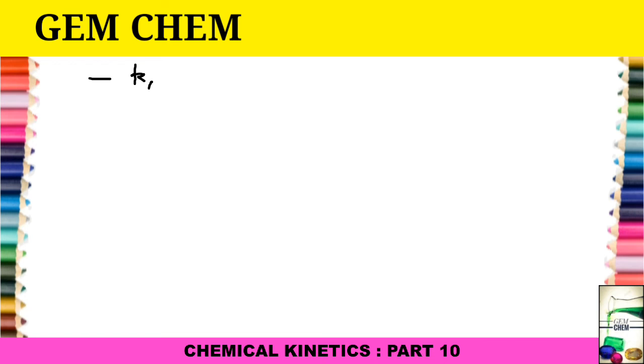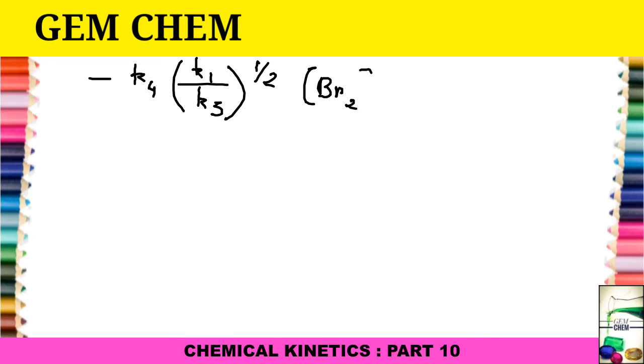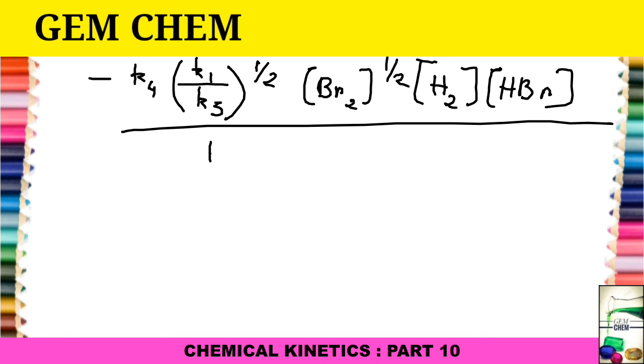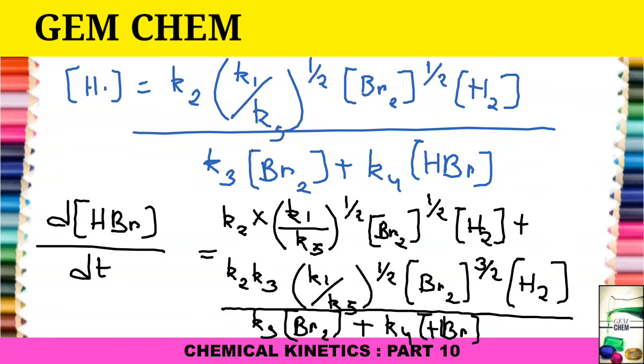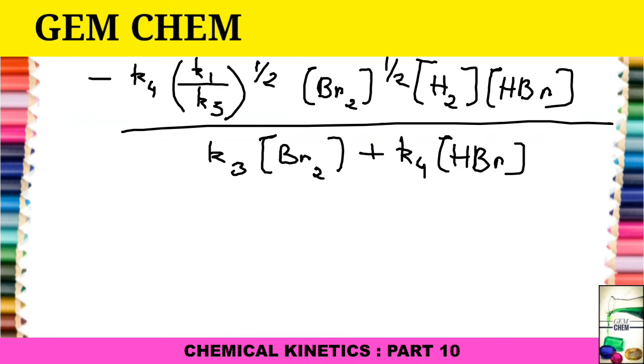minus K4 (K1 by K5) to the power half Br2 half H2 HBr, divided by K3 Br2 plus K4 HBr. So this is what comes ultimately when we try to get dHBr by dt. This on simplification, and by cutting down all the things present here, we obtain the following term, which is equal to like this: